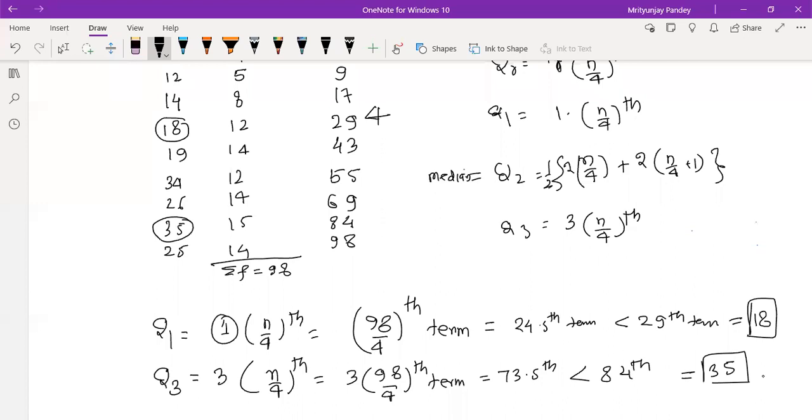Now think about middle quartile. Middle quartile is nothing but median, right? So the formula of median is what? 1 by 2 average of, basically average of n by 4 term and 2 times of n by 4 term plus 1, average of both. Okay,